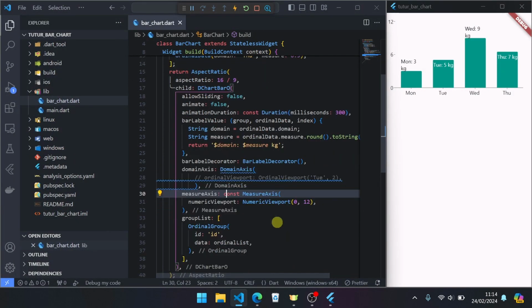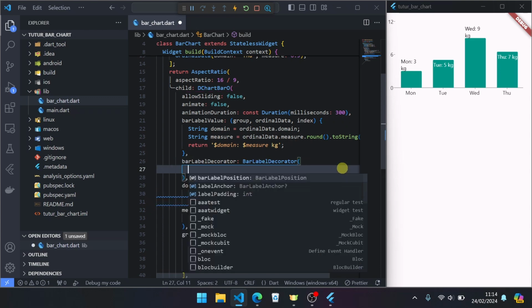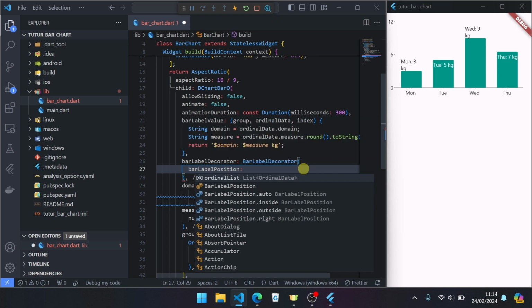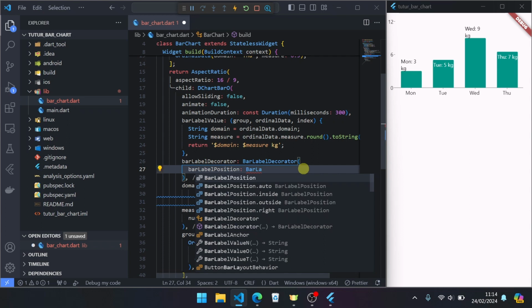Next, for styling bar label, inside bar label decorator, bar label position. You can see the default is auto. If you want to set only outside or only inside, you can set bar label position inside or outside.